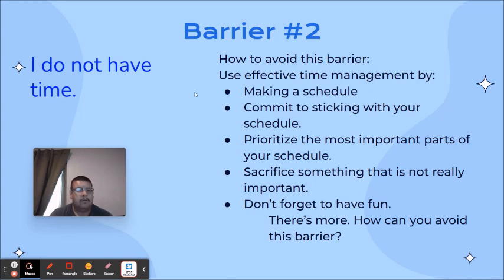For example, if you set 10 or 15 or 20 or 30 minutes of just cell phone time where you're on your TikTok or you're on Instagram, you're going to have to sacrifice a little bit of that in order for you to meet your goal. Now you are going to start picking the ones that are really important to you, but you're going to have to sacrifice a little bit of the things that are not really important.